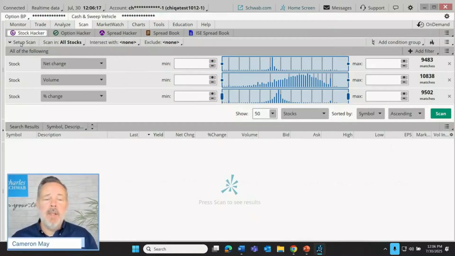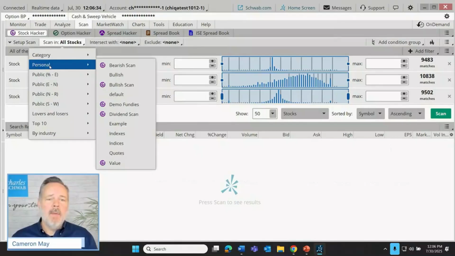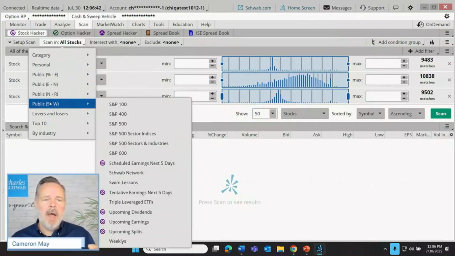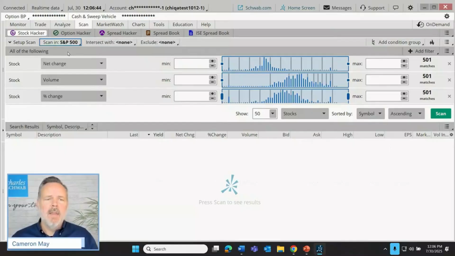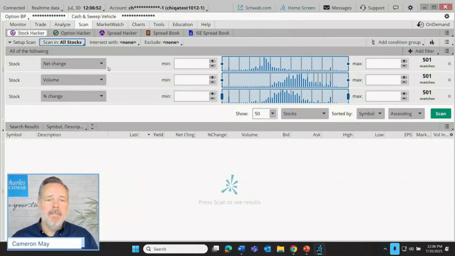Now, just on the line below that, we're going to see that we can scan through all stocks out there. And there are 11,000 stocks that we could scan through, or we could direct the scan to specific corners of the marketplace. So instead of scanning in all stocks, I could bring up a requirement like, let's just scan in a personal watch list, see if some of my watch list stocks are meeting specific criteria right now, or we can go to a public watch list, like scanning just through the component companies of the S&P 500. But for today's example, we're going to be scanning in all stocks, okay?